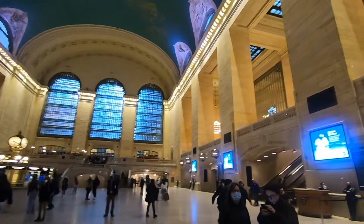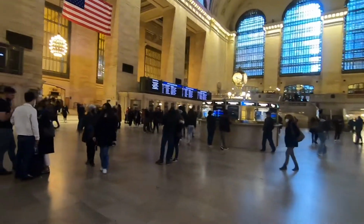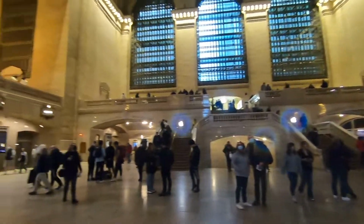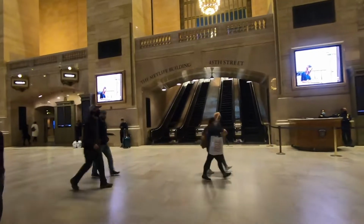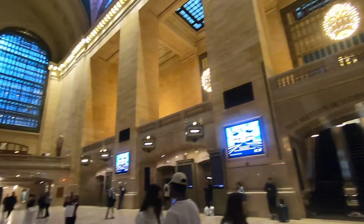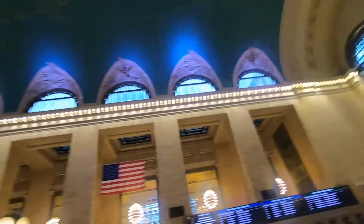It takes you actually to an era that no longer exists, probably the era in which train travel was at its best. That era has gone, but the Grand Central Station still looks the part. It looks the business, in fact. I mean, it's got elevators now here. These are probably newer than when they originally built the station, but the style, the design, the architecture...